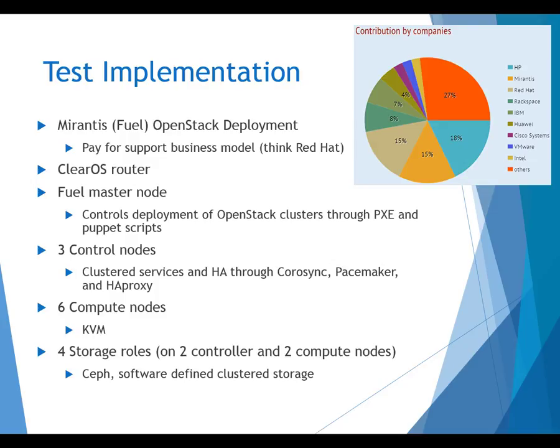So with that, you can actually deploy multiple OpenStack environments, and it will PXE boot to a CentOS bootstrap, and then it uses Puppet, which we'll look at the topology in a second. Puppet's a scripting language or a scripting service for Linux, and it deploys all the configurations as you've done the settings in the GUI for that. So you've got 3 control nodes and 6 compute nodes, and then we have 4 storage roles. We don't have separate storage nodes on the cluster right here. 2 of those nodes are 2 of the controllers, and the other 2 are on compute.